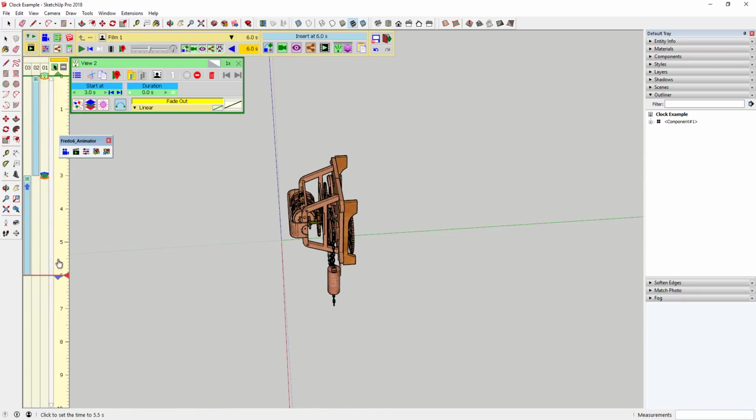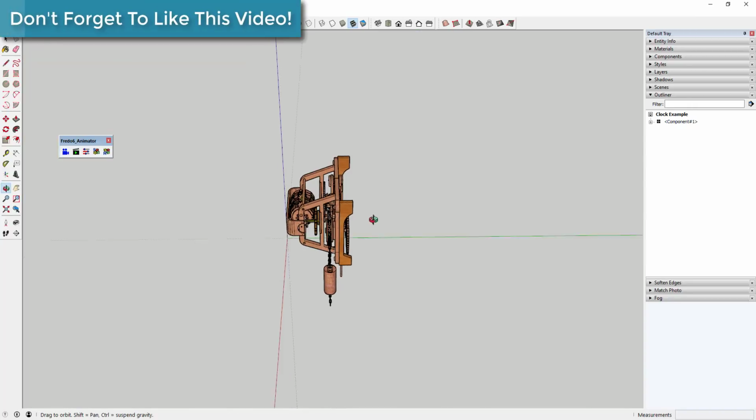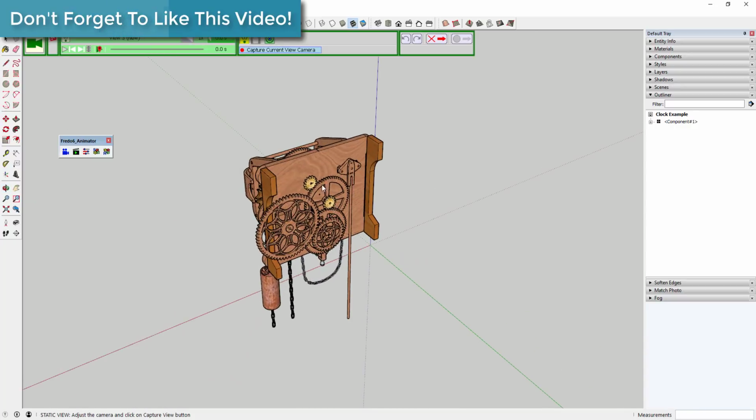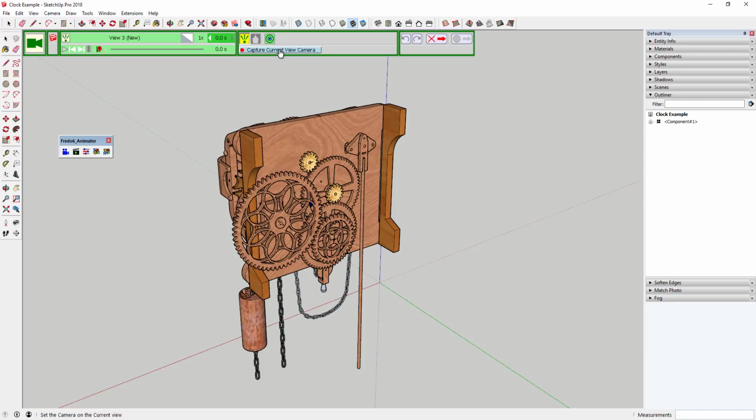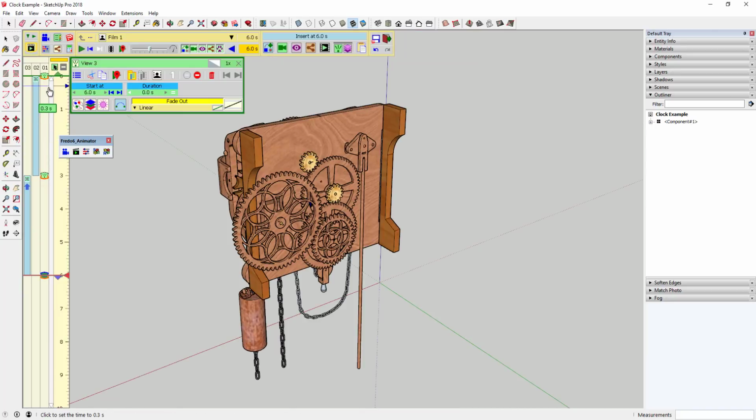So, and then let's say at 6 seconds, we wanted another camera view. We'd set our time to 6 seconds. We'd insert one more camera, and then we'd rotate around to this back side with kind of whatever view we want, and then we'd capture that view and click the green button. So that'll be view 3. So you can see how you have 1, 2, 3 views over here in your clip